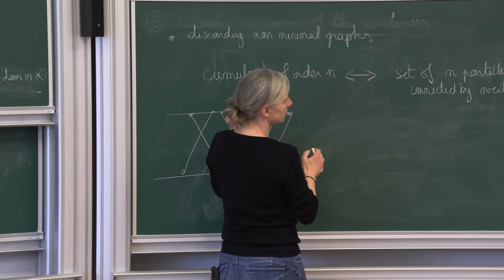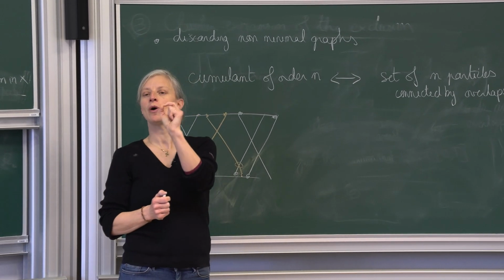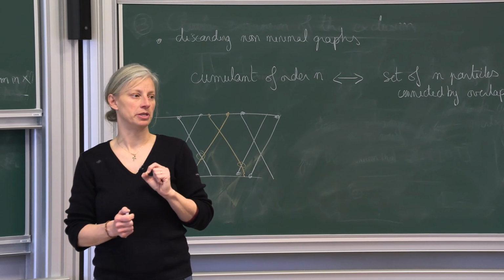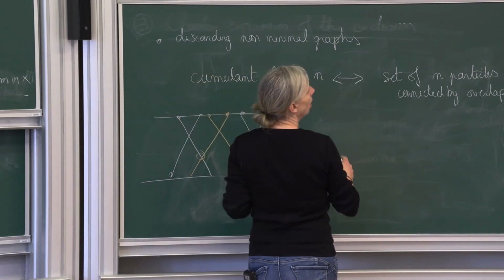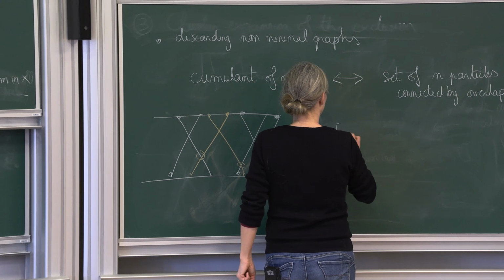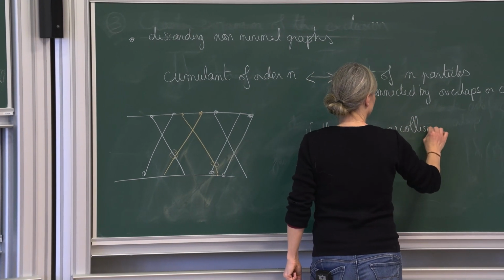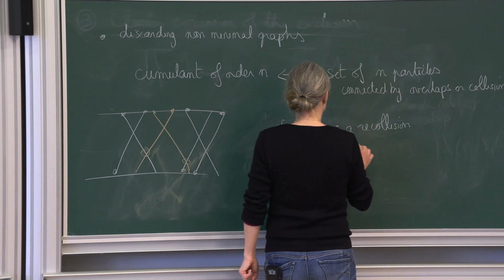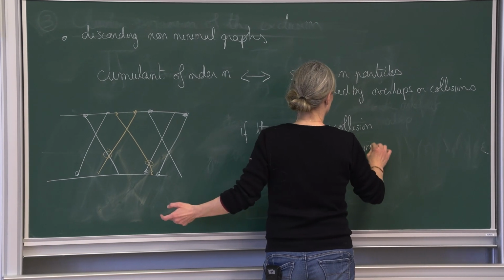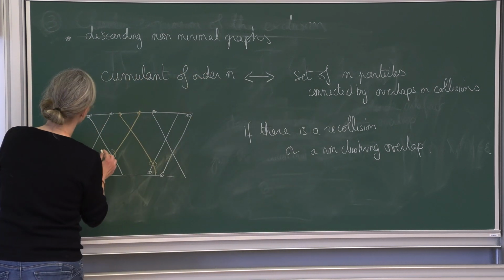So what I say is that the contribution of all graphs which are not minimal, so if you have at least one loop, then you can prove that the contribution is negligible in the limit. So the important part of the proof is that if there is a recollision or a non-clustering overlap, maybe I can draw a picture. So a recollision will be something like